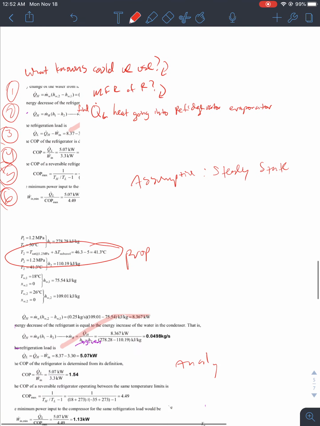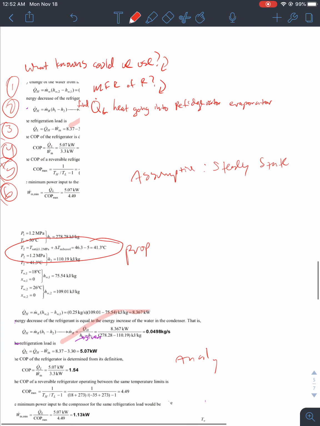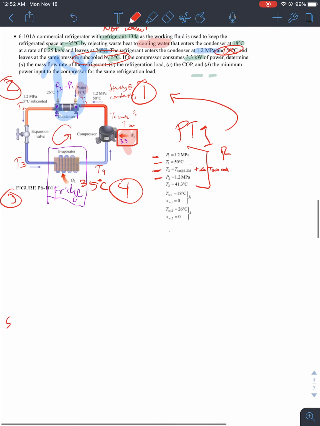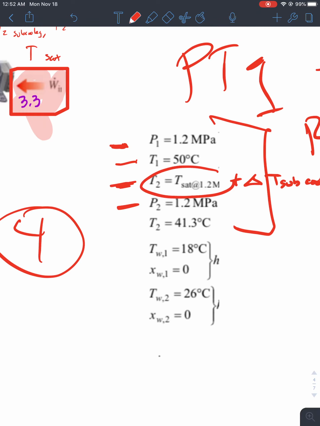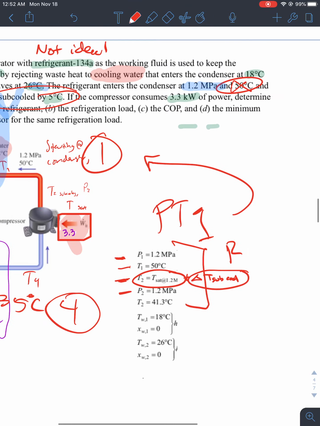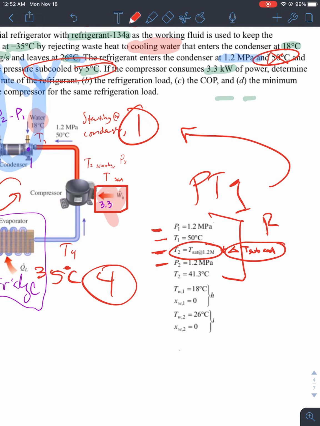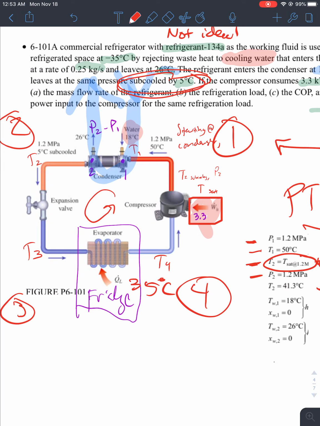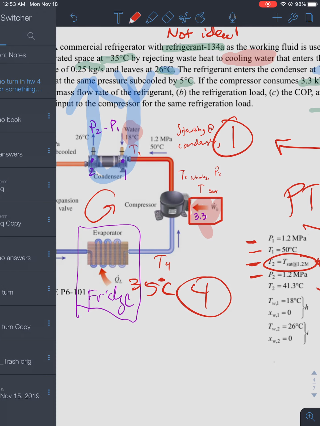Is that right? Yes, it's delta T subcooled. So you start off at the saturation temperature and then you subcool it by a certain amount. Over here it says it's subcooled by 5 degrees, which means you find the saturation temperature